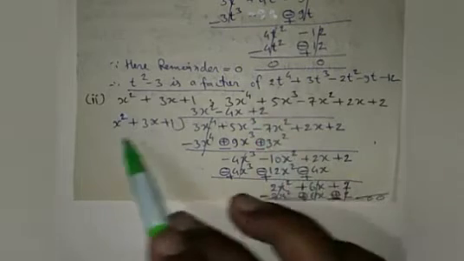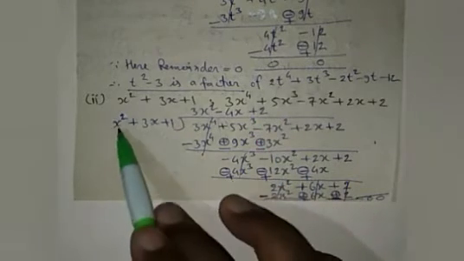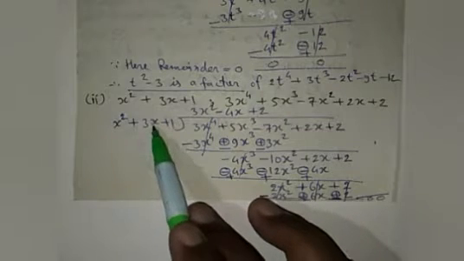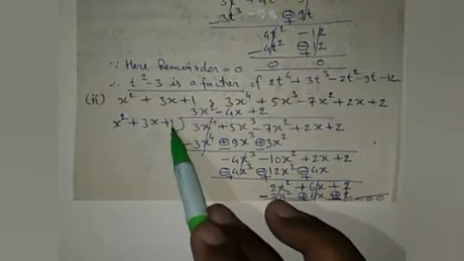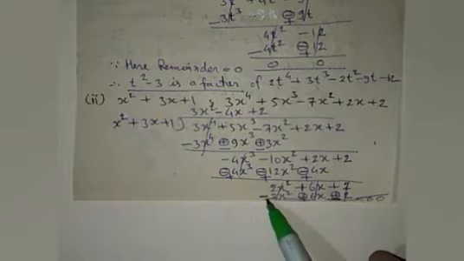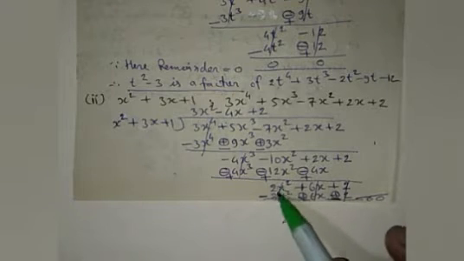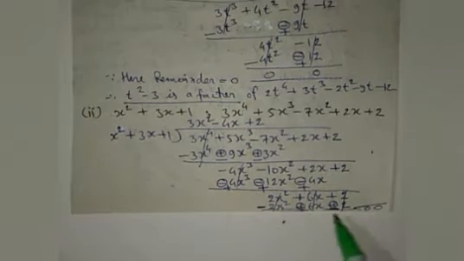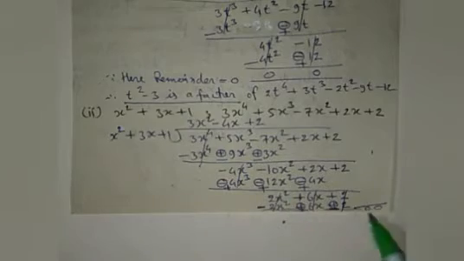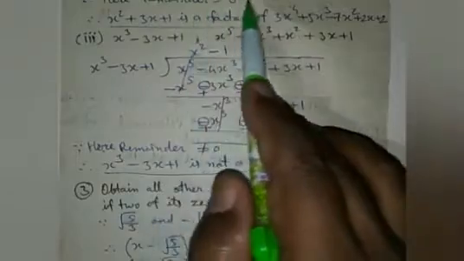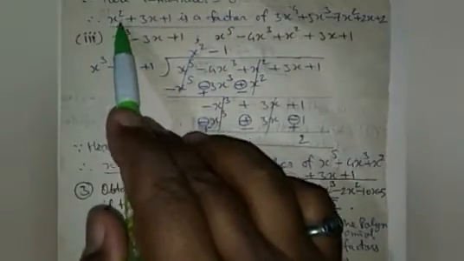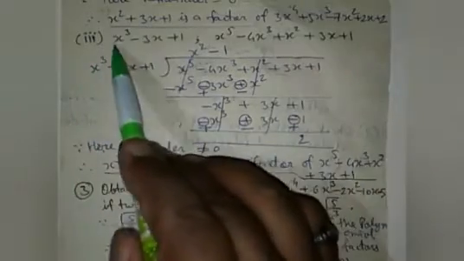Then multiply 2 in the divisor, you will get 2x square plus 3 times 2 is 6x plus 2 times 1 is 2. Then it is the same as the above terms. So here all the terms are cancelled out and the remainder is 0. Since the remainder is 0, hence x square plus 3x plus 1 is a factor of the second polynomial. In the third part, the first polynomial is x cube minus 3x plus 1, and the second polynomial is